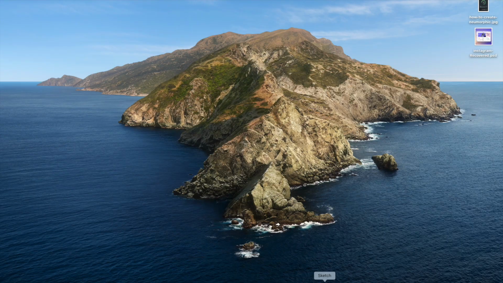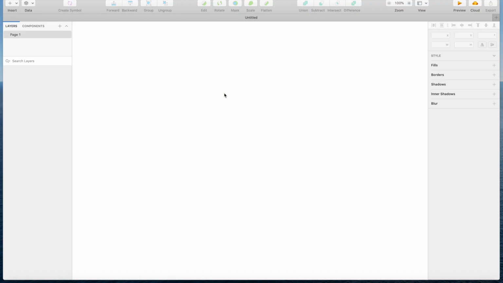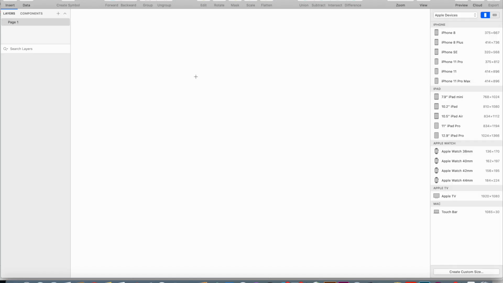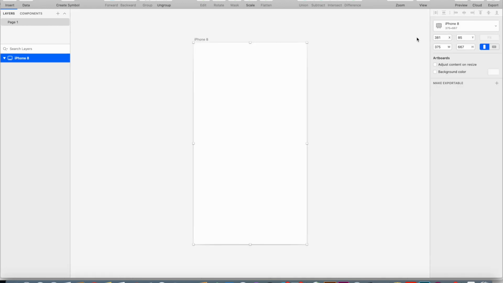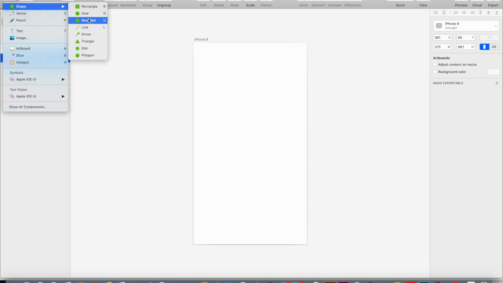So let's open up Sketch, let's create a new document, and let's say we want to create a finance mobile app that helps people put money on the side. So let's hit A for artboards, let's choose Apple devices from this drop down, and let's choose iPhone 8. Let's type U to draw a rounded rectangle,